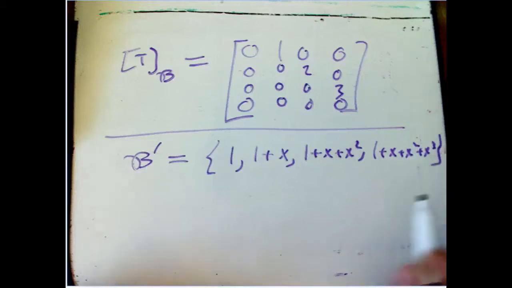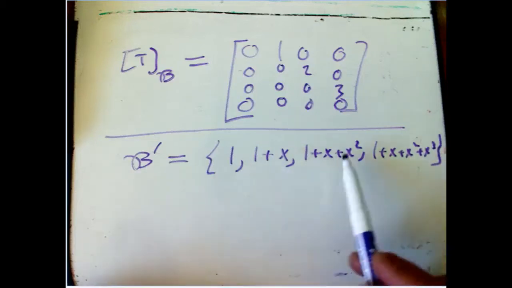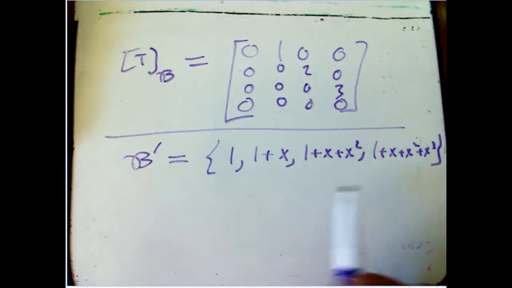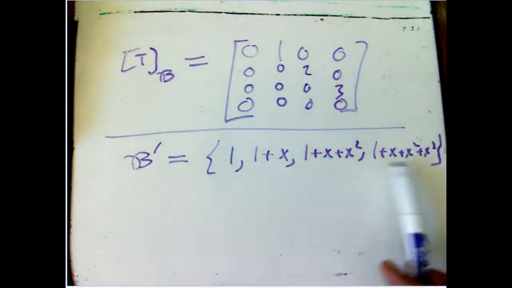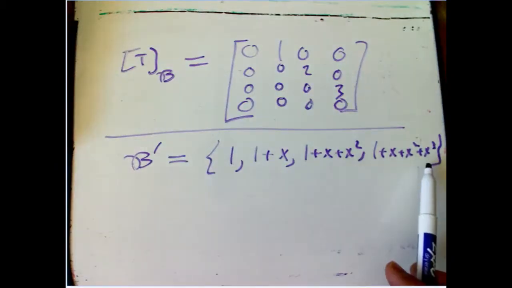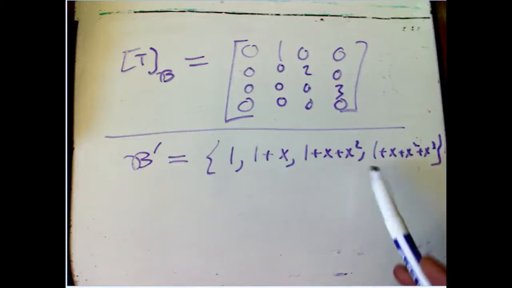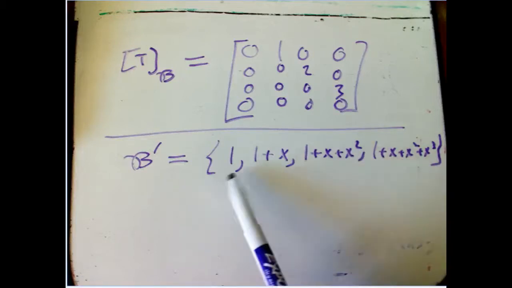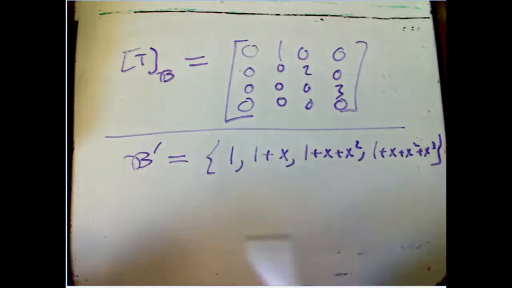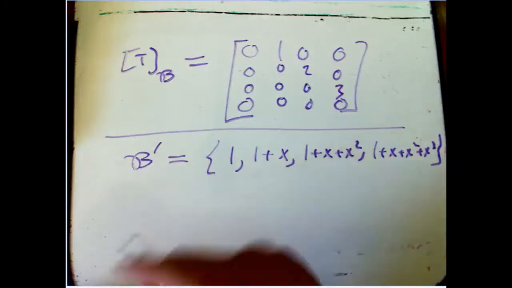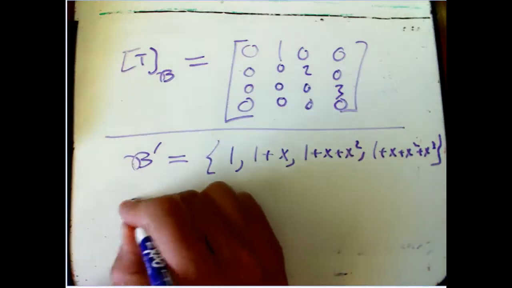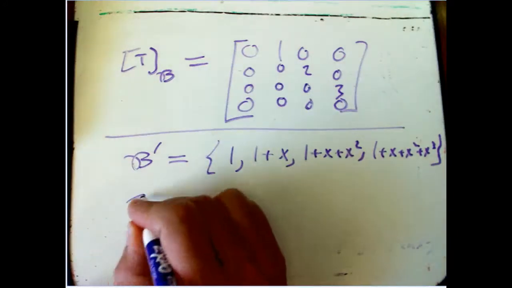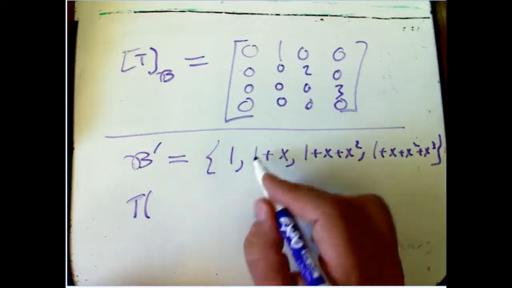Maybe there's some reason why we'd want that basis where each time you do a new basis vector it kind of grows. Hopefully it's clear that these guys are linearly independent and span the space of three-degree polynomials. It's pretty clear how to get the old basis out of this guy, and this guy is actually written in the old basis, so you can go back and forth. Okay, so we could get the matrix of T in this new basis, B prime, directly just from the definition,